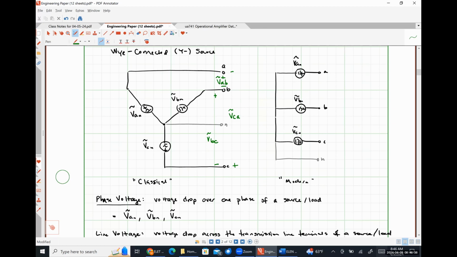These are our line voltages for our classical representation. Now I'm going to put them over here. So we'll talk about that in just a moment. So this will be VAB, VBC,